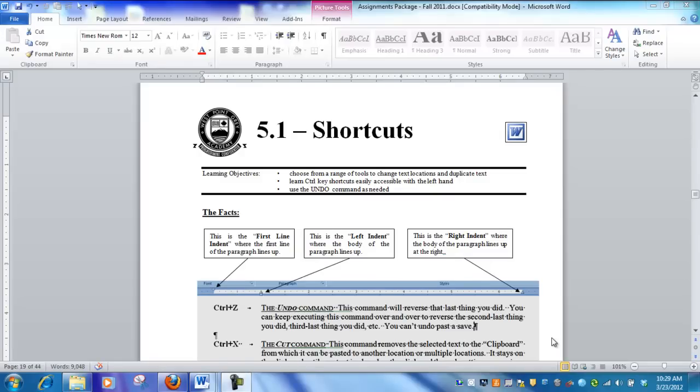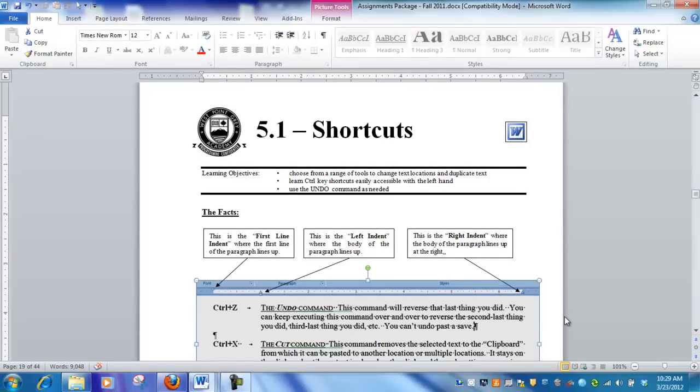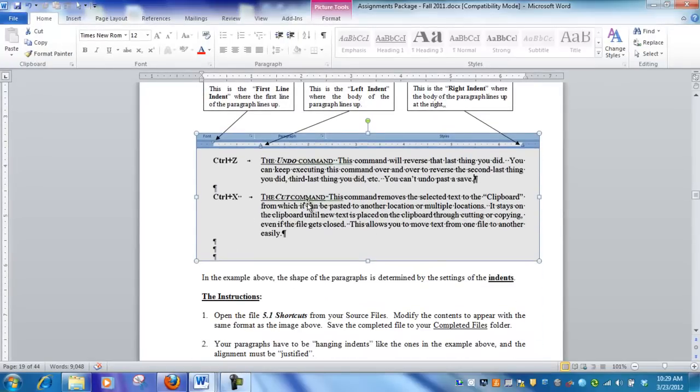This is the instructional video for assignment 5.1, shortcuts. Shortcuts does two different things. One shows you how to set up hanging indent paragraphs, which are paragraphs like these shown here, where we have some text off to the left and the paragraph is lined up with a straight left margin that is indented from the left side of the page, and it's straight on the right hand side too, so it's a fully